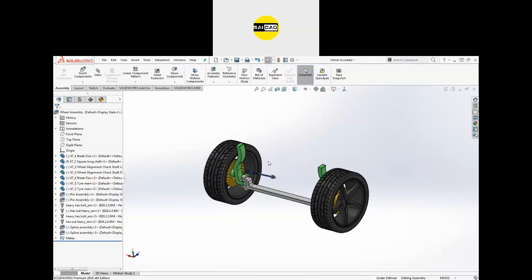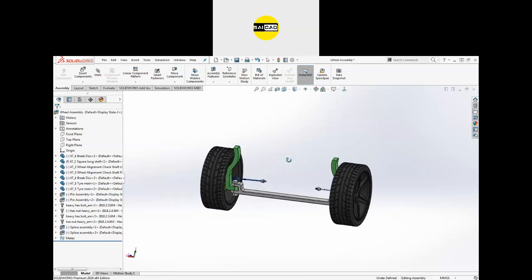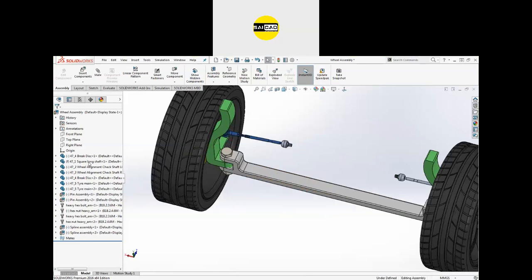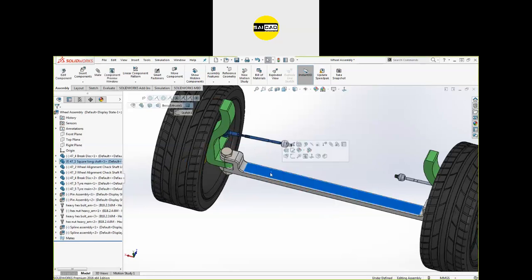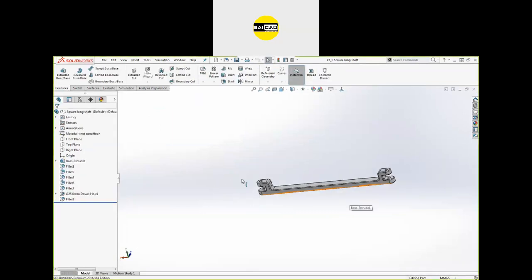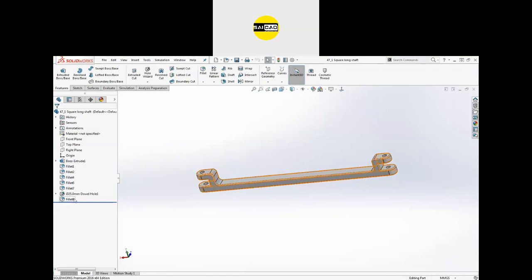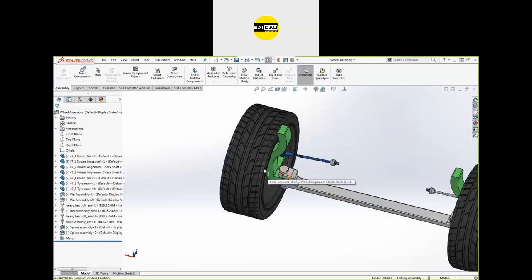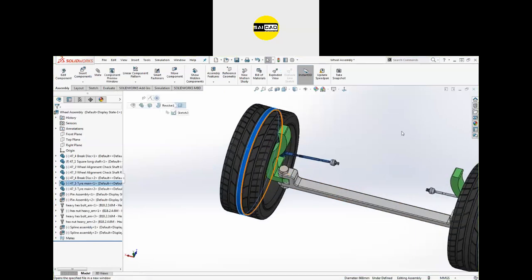So to create these types of objects, to create these types of products, we use assembly. We have created each and every part separately. You can see this one is a separate part, this one is a separate part. If you click open, you can see how they are built, what options I have used in between them. Okay, so we are going to create the assemblies like this one.